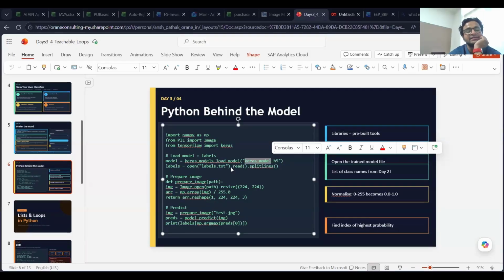Okay. But the splitlines method in Python actually just breaks a single string into multiple strings, splitting at every line break.